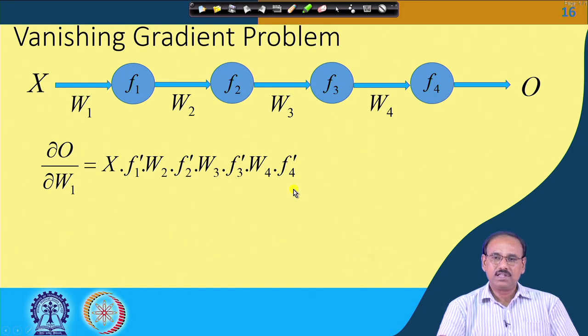So, in one case it is the vanishing gradient problem, in the other case it is the exploding gradient problem, and both of them are bad for training of the deep neural network. And that is the reason it has been found that in many cases the deep neural network performance is worse than its shallow counterpart. So, to address this problem, either we have to choose the weights appropriately.